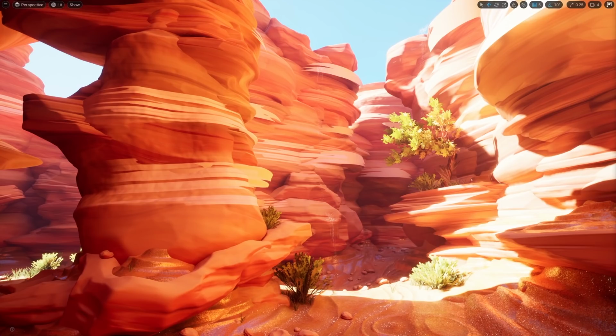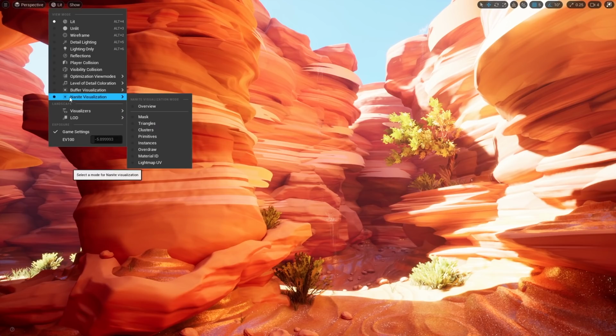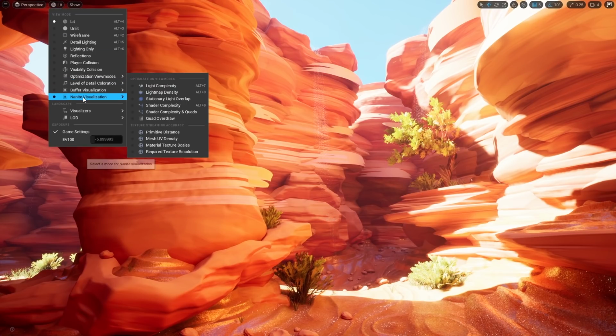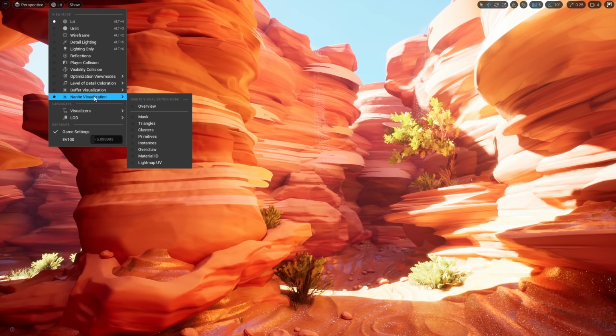Now we've enabled Nanite, we want to test it. So we want to see what it's actually doing. And we have some really great previewing options and debugging options to let you see what's actually happening under the hood. If we go to our lighting mode and down to visualization, we can see we have Nanite visualization, and we have a load of different preview modes to actually see what's happening. I'm going to focus on just a few of the really important ones.